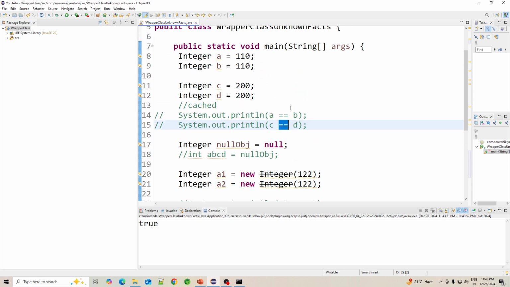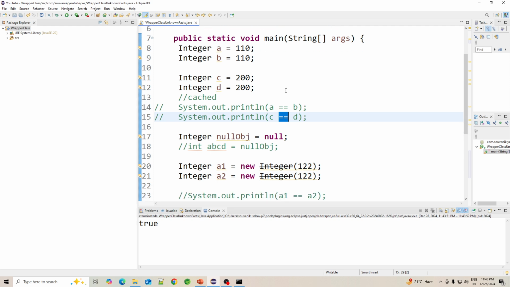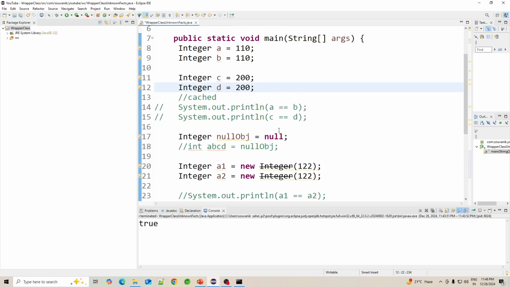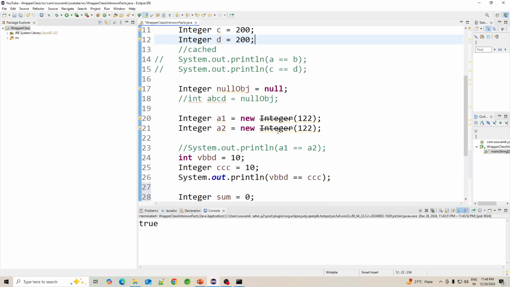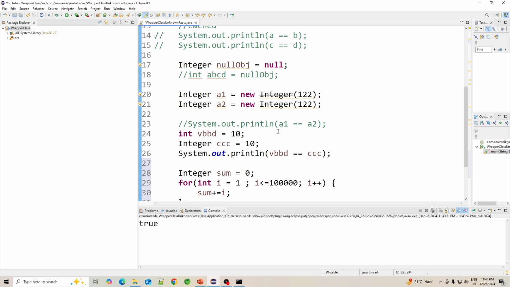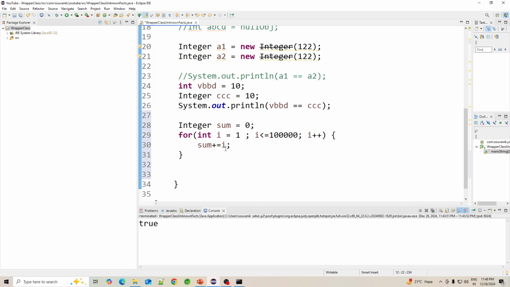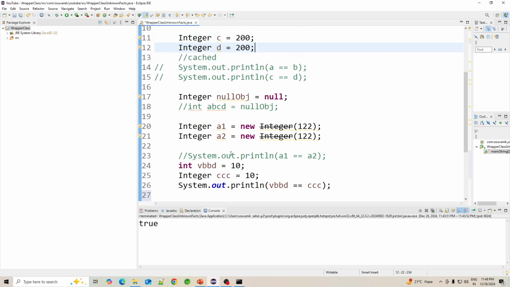When you compare wrapper class objects with .equals, it will compare the content, so in that case it will definitely give you true, right? So to keep these scenarios in mind, about when to use double equals and when to use the .equals method, it is good to use the .equals method, as I have already mentioned.